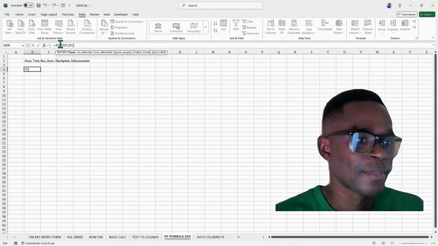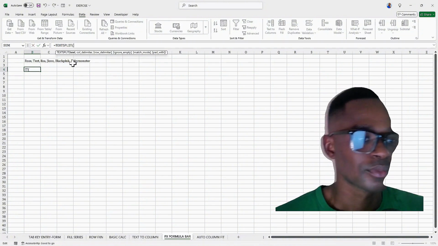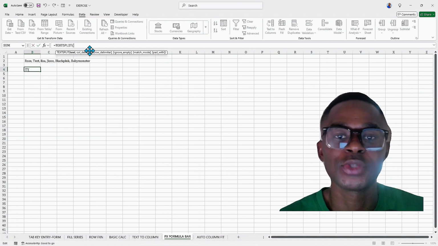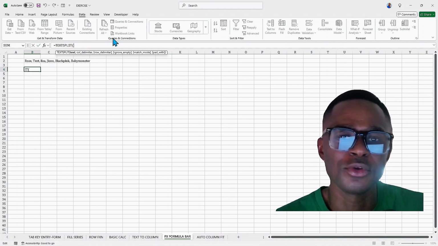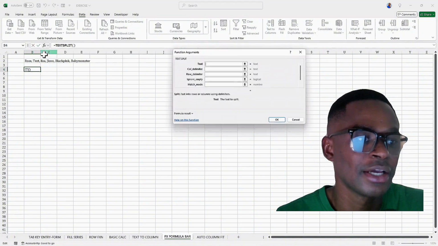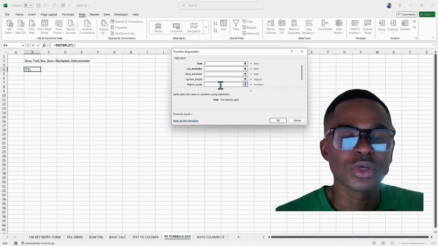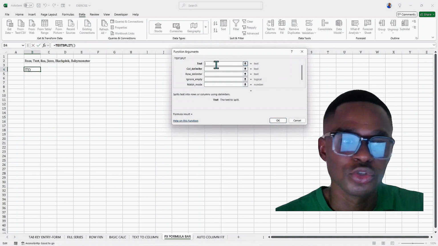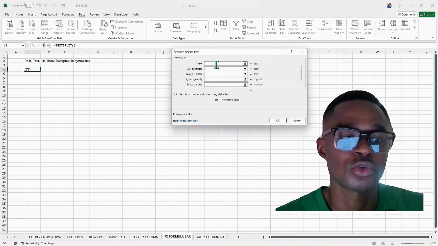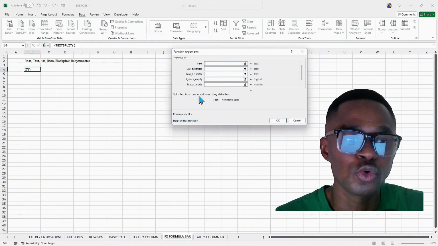Press the tab key. And over here with the text split, to know whether I'm actually doing it right by using this function, I'll simply click on this insert function over here. And as you can see, it gives me what is required of me to input to get the results I want. So now the first text is what? Split text into rows or columns using